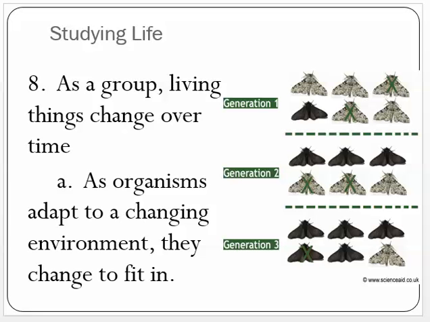And the eighth characteristic of living things is that we all change over time. Yes, that deals with growth and development, but humans, over the course of even 100 years, we see changes over time. This particular picture shows a moth population, and due to some environmental issues that were happening, there weren't a lot of dark moths at the time, but over the course of time, those dark moths actually increased in population and the lighter colored moths decreased in population. But all living things do change over time. And those are the 8 characteristics of living things.